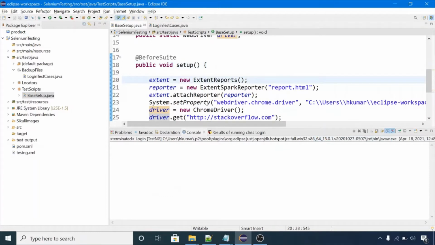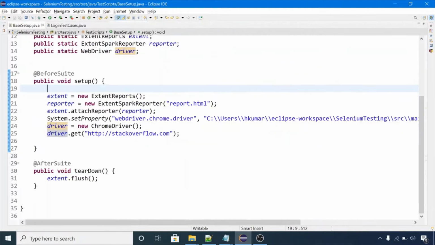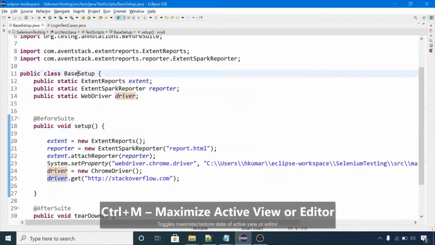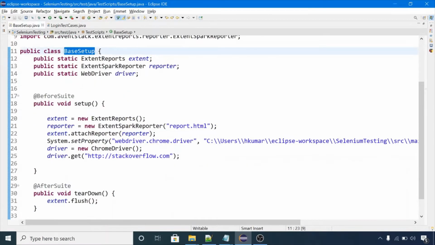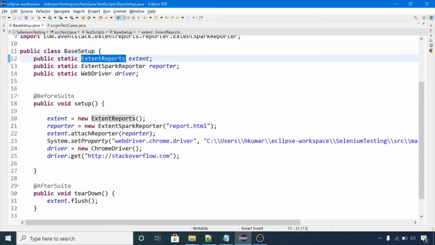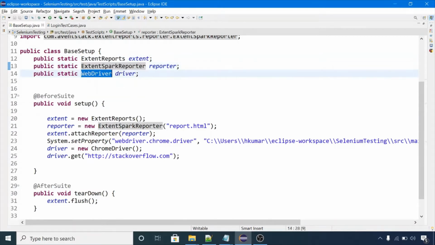Okay guys, in the last session we created the base setup of Extent Reports, and we created a few test cases. So I have the base setup file here. In this file we have before suite and after suite, and a few objects of Extent Reports: an object of ExtentReports extent, one object of ExtentSparkReporter, and one object of WebDriver.